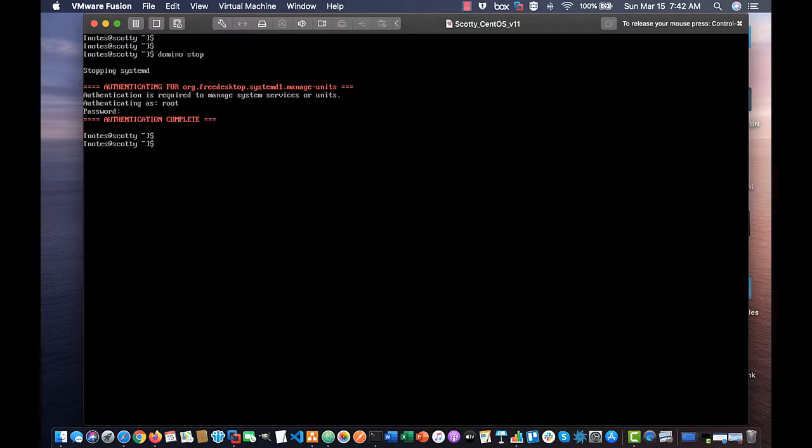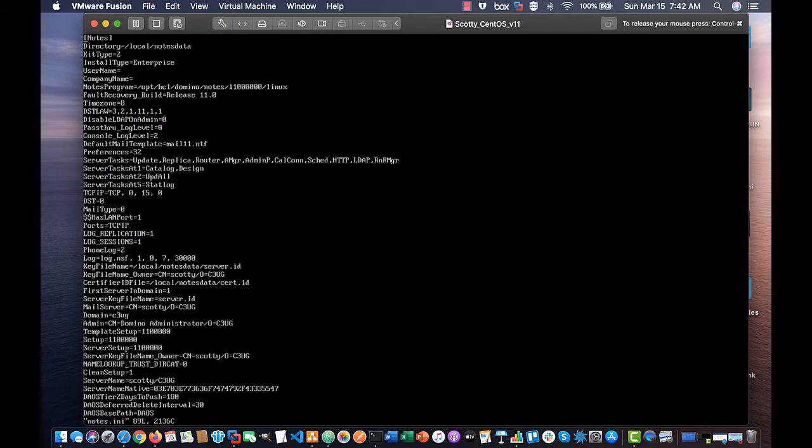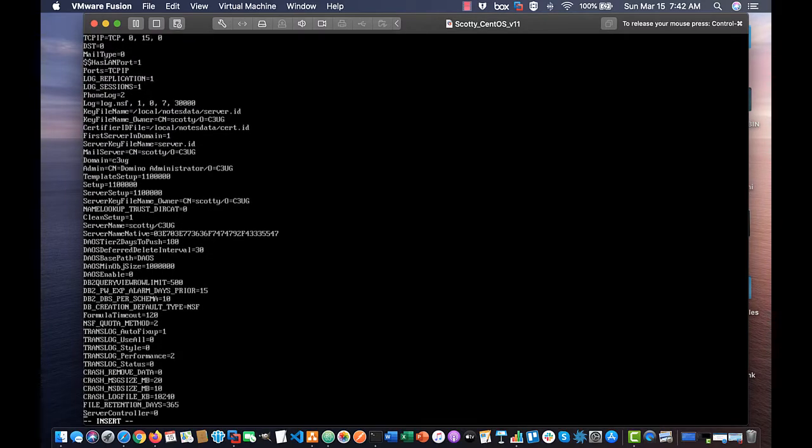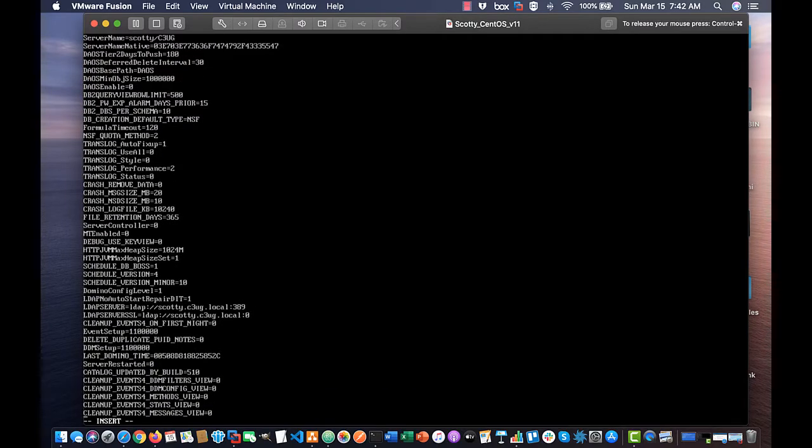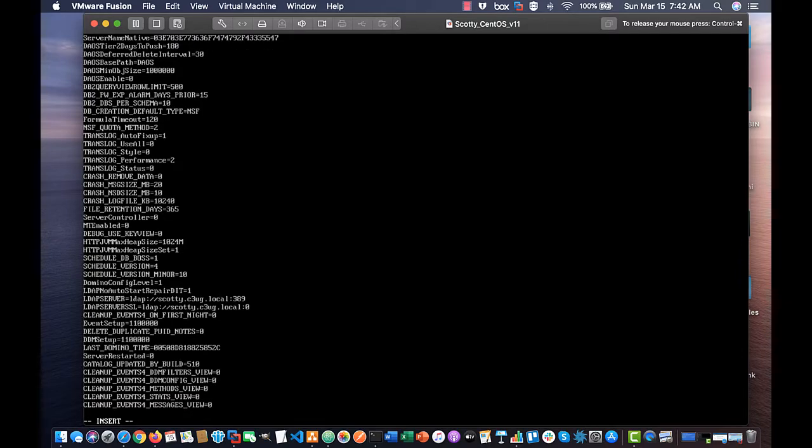Now the current latest ODS, here let's get to /local/notes/data, and we should have a notes.ini in here. Yes, we do. Let's go vi notes.ini, and let's go I to insert. And this is all just default settings since we've installed our server earlier today. So the setting that we want to do here is Create_R10